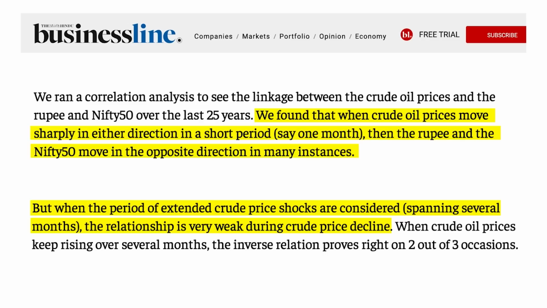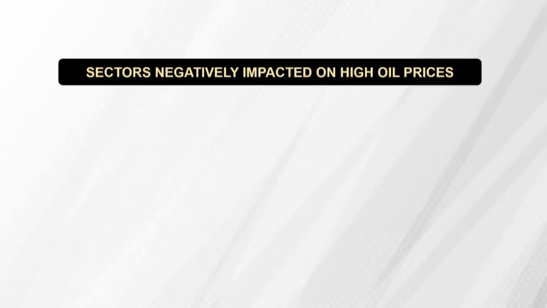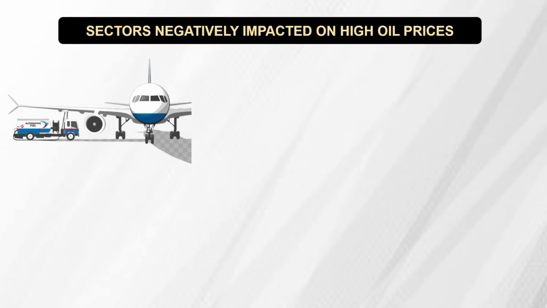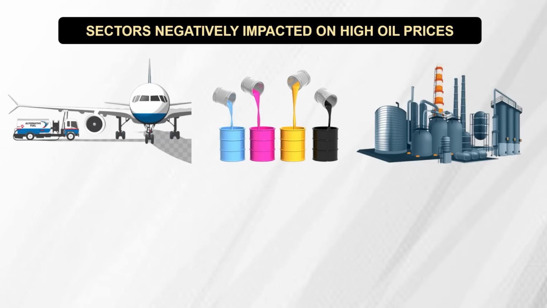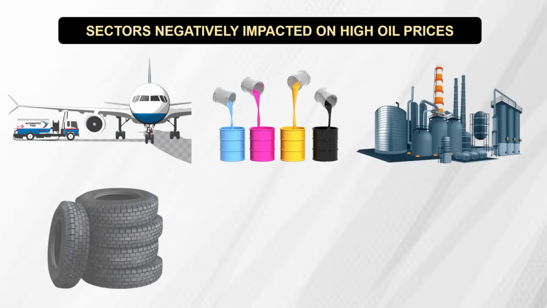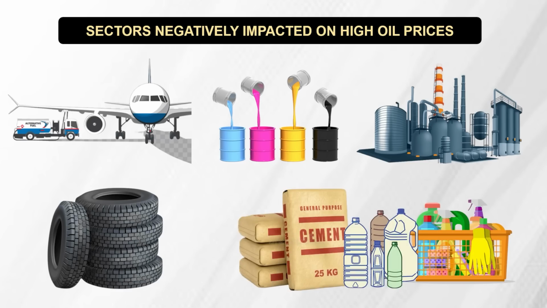as the oil prices. On a sectoral basis, a rise in crude oil prices negatively affects companies dealing in aviation due to the rise in ATF prices, paints which require over 300 inputs and most of them are petroleum based, obviously the petrochemical industry, the tire sector wherein crude oil comprises nearly 60% of the product cost, and also cement, plastics and select FMCG companies that use crude and its derivatives as inputs.